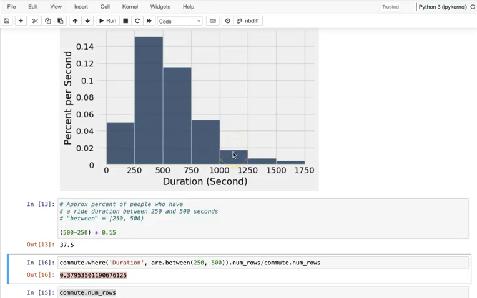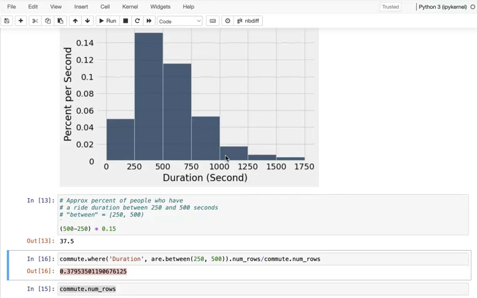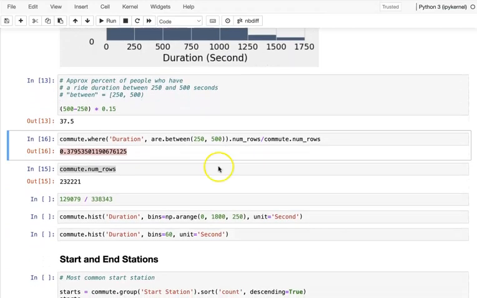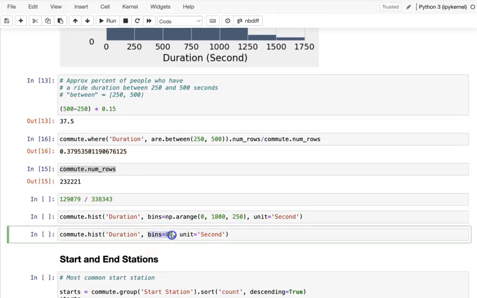So yeah, if we have the interval of 250, it looks like that. But if we want to get more detail for the distribution of duration, we can try to make the interval much narrower, so that I have many more bins. So here we can do it the other way: how about we do every minute? So the bin here is 60.